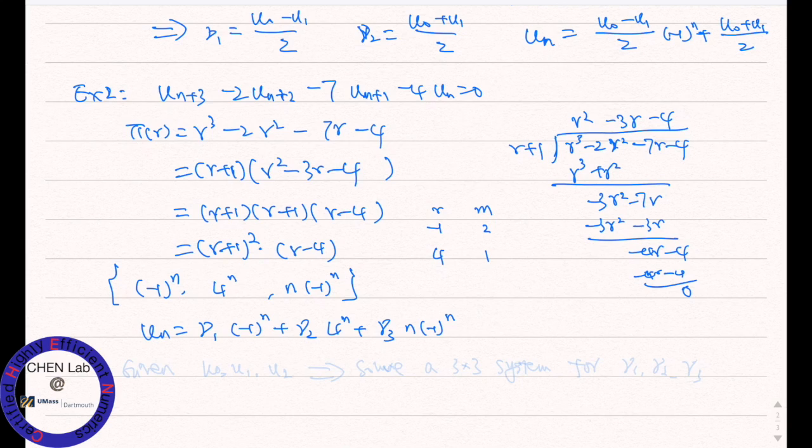So what that means is that if we're given u0, u1, u2, or maybe you are given u0, but we use other schemes to generate u1, u2. Once we have those, you solve for gamma 1, gamma 2, gamma 3. It's basically a 3x3 system. You solve a 3x3 system for gamma 1, gamma 2, gamma 3. So basically, this is just a tool